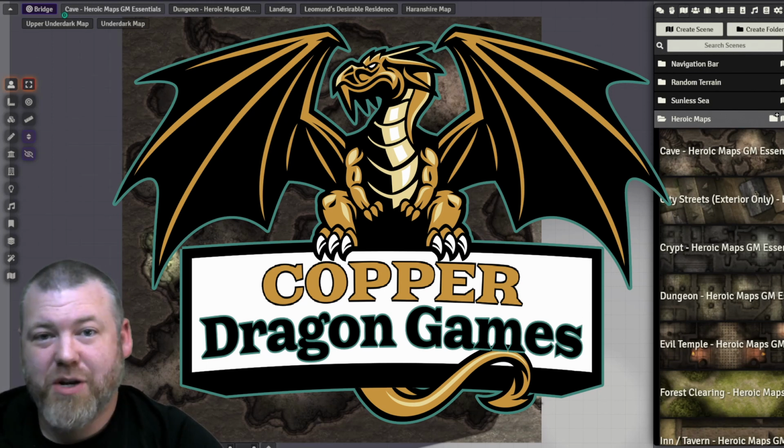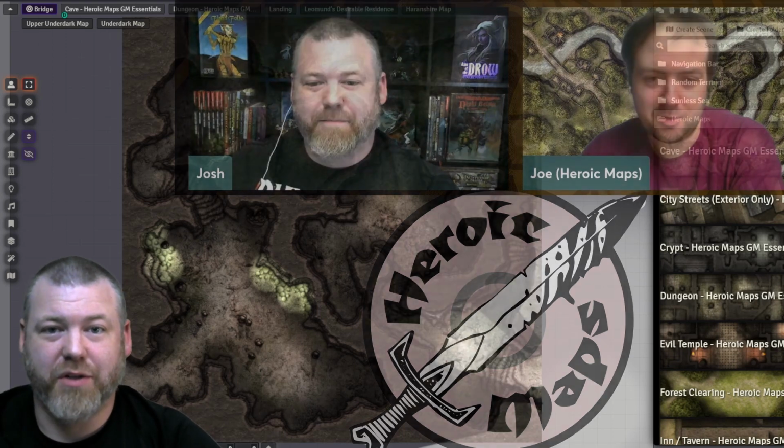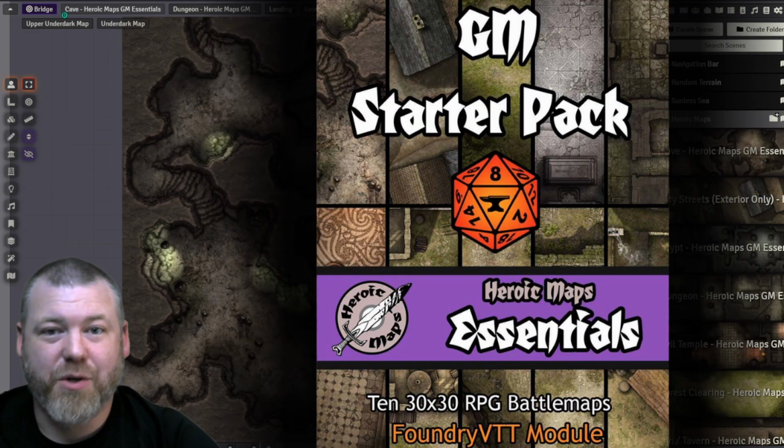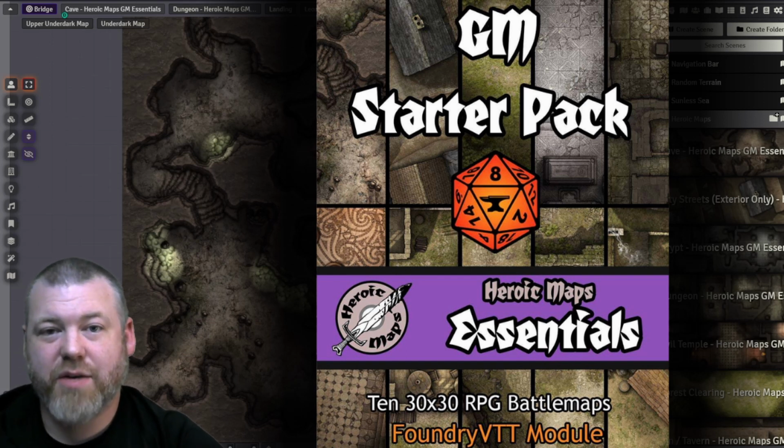Today we got a special treat. I'm going through some maps from Heroic Maps. I just got the opportunity to interview Joe of the Joe and Sarah team over at Heroic Maps and talk to him a little bit about their new Foundry releases, one of which I'm going to be going through in detail in this video. Now these maps are from the DM Essentials pack, which is a collection of maps that